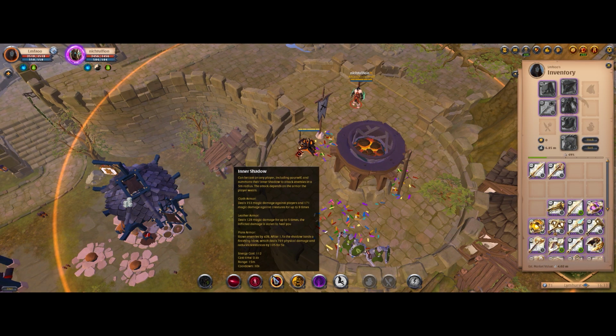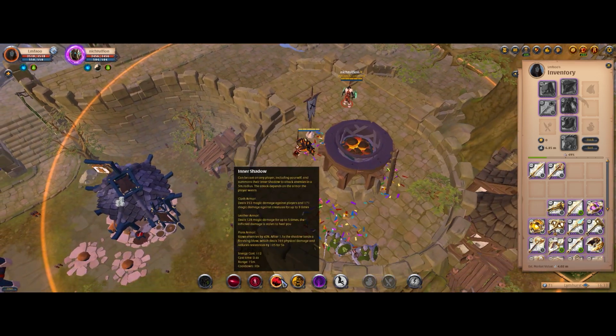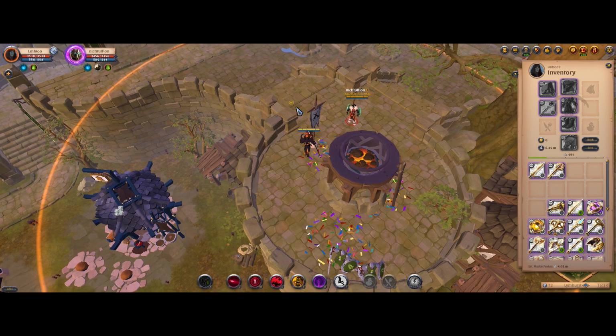Next up we have Avalon Curse. You summon an area. Against cloth it's going to do 350 magic damage and 170 against mobs. In this area you do 120 damage up to 5 times, and you lifesteal. Against plate you slow them for 40%. After 1.5 seconds, Shadow lands a finishing blow that deals 760 damage. Reduces the resistances by 105. So it's going to be